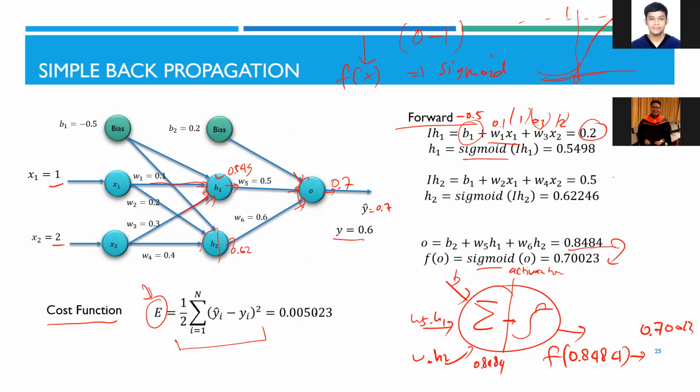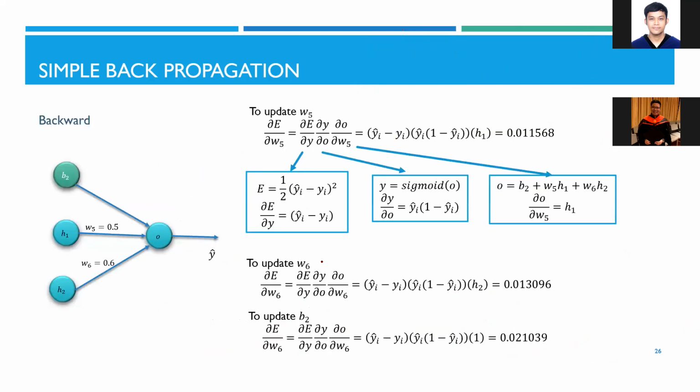Okay. And we have the cost function and we have the cost value here. So now we can start to apply backward using the backpropagation algorithm. If it is not clear, you can ask anytime. Okay. So now we start backward from the